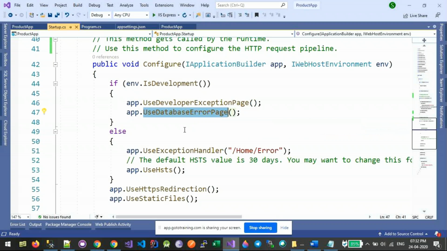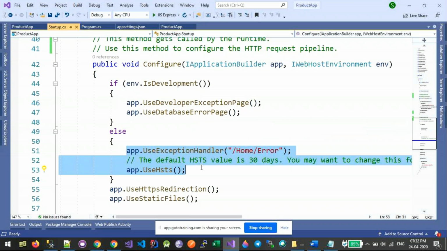Also, if there is any database related error, I will display it on the view itself. Otherwise, in the case of production, I will not be displaying the developer exception page, but I will redirect to the particular error view and display a generic error.